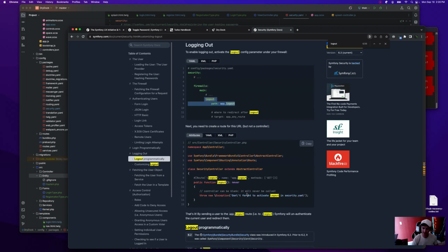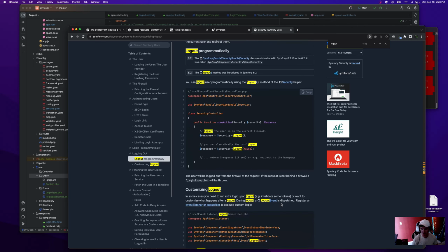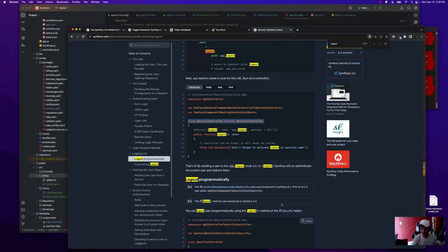If we refresh it, we'll get an error because we basically need to enable this stuff. Cool. Unauthenticate the current user and redirect them. So we need a redirect to Splash.